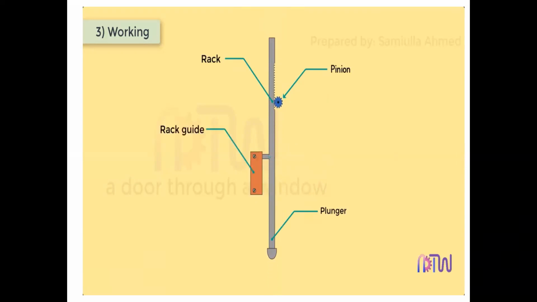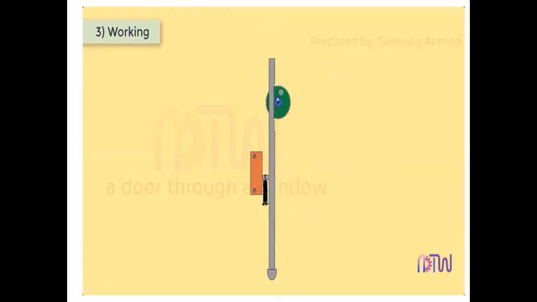In order to keep the plunger in an extended or normal position, a light coil spring is employed. A small movement of the contact point causes the rack to turn the pinion A with which it is meshed. A large gear B is attached to the same spindle as pinion A. The gear B is further meshed with a pinion C, which thus magnifies the movement of pinion A.